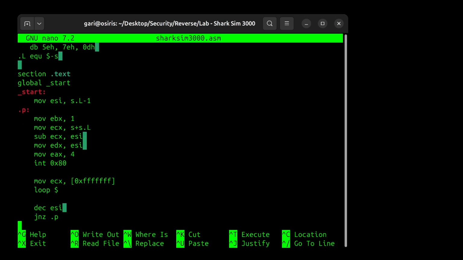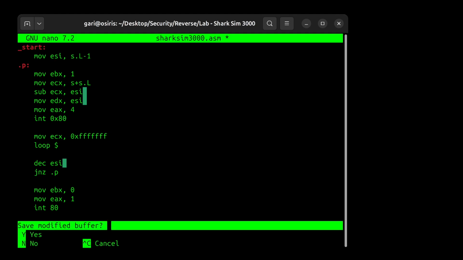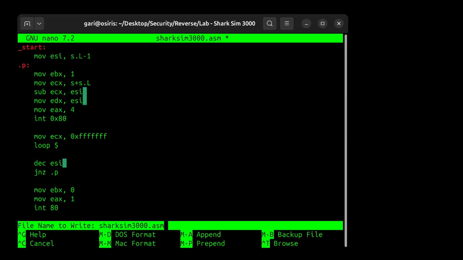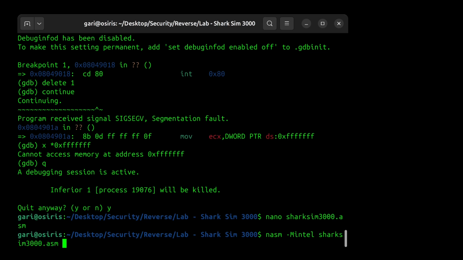Anyway, so we can fix this by just removing the square brackets notation. And when you remove the square brackets notation, what this means is that we want to move the value 0xFFFFFFFF into ECX. Then now we can run the program again. So build and link it using the same process. And now when you try to run it,